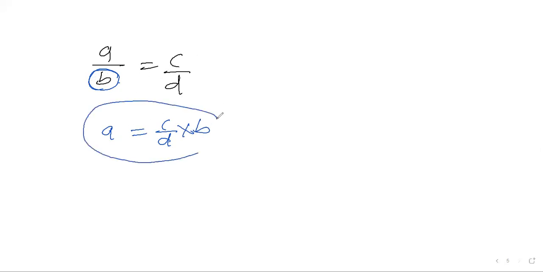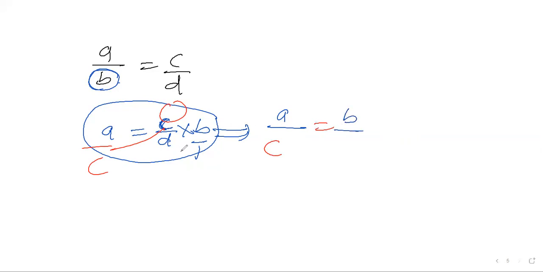Now this is the equation. I don't want c, so I send it to the left side. It means c is multiplying with some other number, so you need to send it to the division. So a by c, coming from here to here as a multiplier, is equal to b by d. If it is a division, go for multiply. If it is multiply, come to the division. So the overall conclusion is, from LHS to RHS, the terms are shifting.